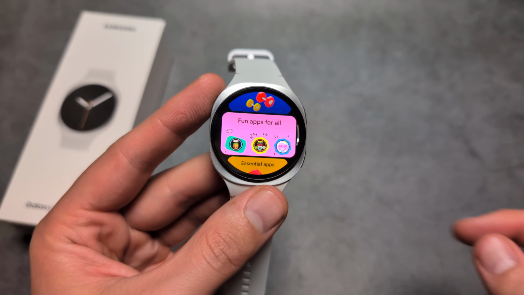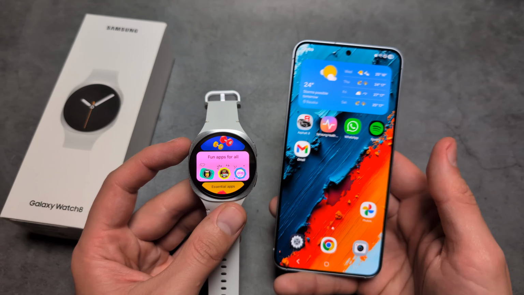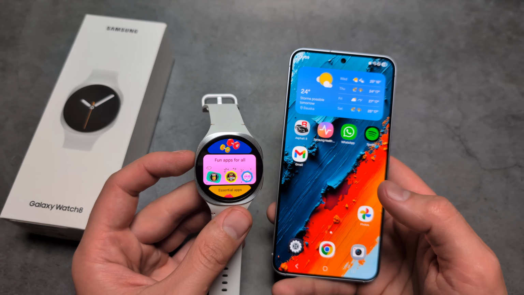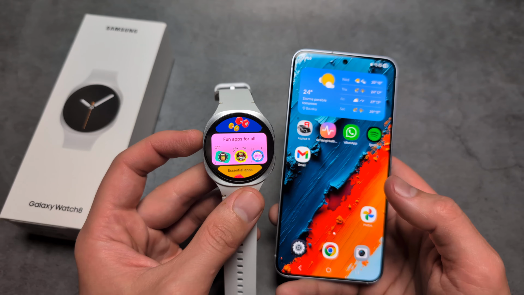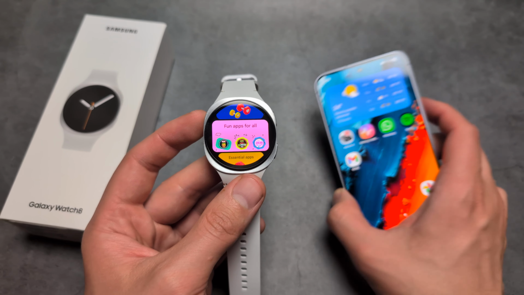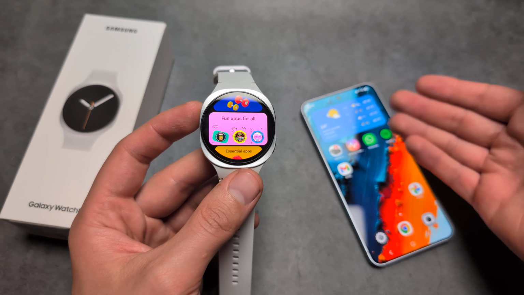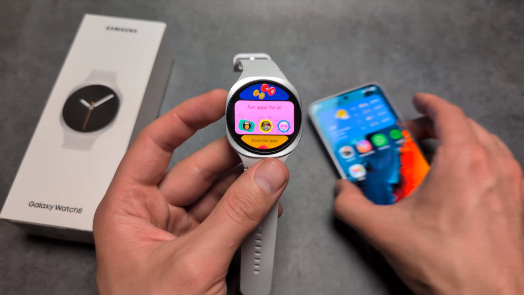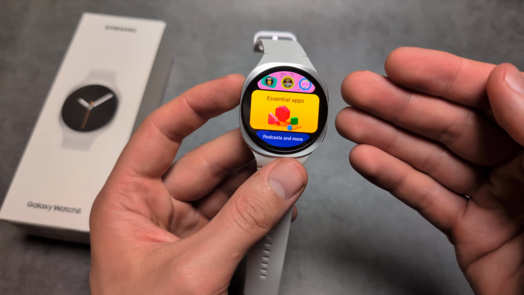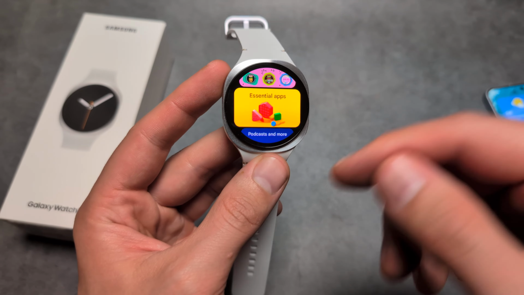By the way, if you are wondering if the apps available on this watch are the same as on your phone's Play Store, then nope, this can only run special Wear OS Android apps. So we maybe can only install 1 or 2% of the apps available on the normal Play Store on this watch. Again, this watch can only run apps that are specially designed for these Wear OS watches,